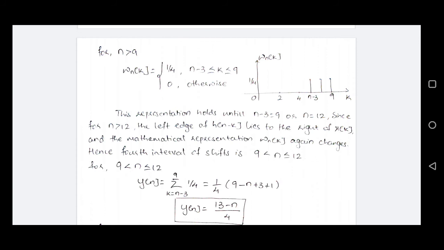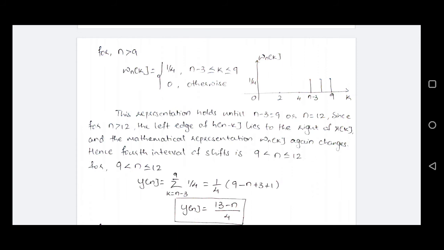The left side sample index will be 9 and the right side sample index will be 12 in the impulse response sequence. 12, the sample before that will be at 11, the sample before that at 10, and the sample before that will be at n equals 9. So there will be 4 samples present at 9, 10, 11 and 12, and for these values of n there will be only one sample overlap between the impulse response and the input sequence.